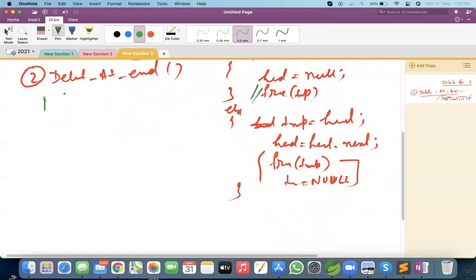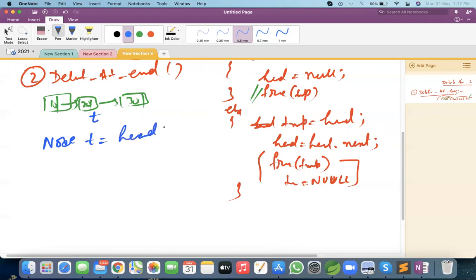Okay, let me draw another diagram. So 10, 20, 30. Now in this diagram we want to iterate up to here. So what I can do: Node t equal to head.